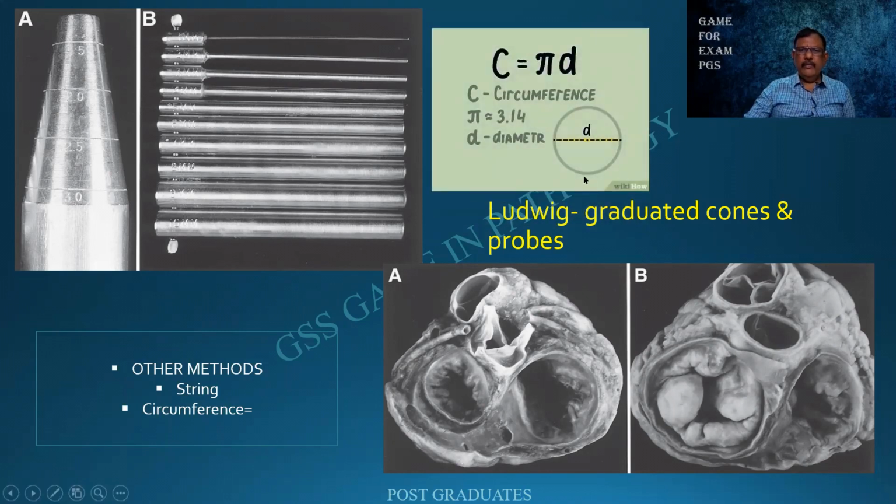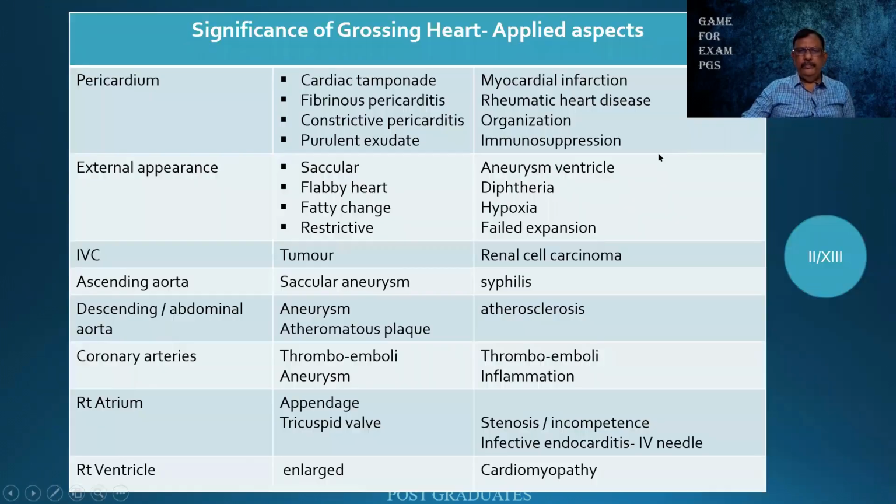And this is the formula that can otherwise be followed. You don't have a string, you don't have a cone. Okay, you can at least measure the radius. And once you know the circumference, this will be it. Even if you have a diameter, you'll be able to make a measurement of it.